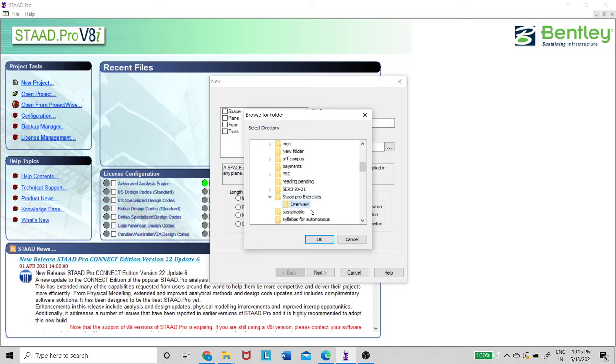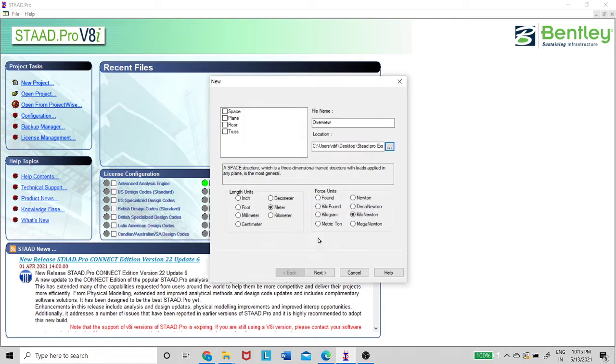In that I created one folder called overview, and I am storing this file in it. The length units I am keeping as meters, and the force units as kilonewtons. Once you have given this, let us say I give a space structure, then you press next.